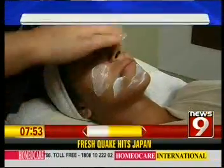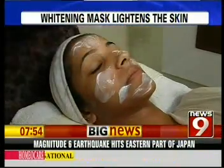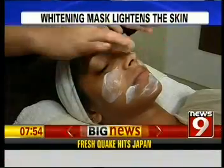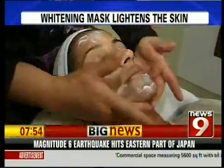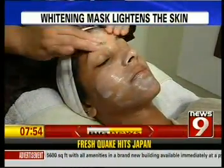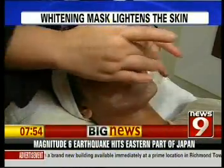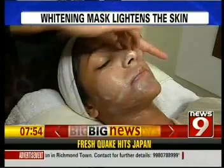After achieving the hydrated skin, the whitening mask should be applied, which is a plant extract again. This whitening mask helps in the whitening of the skin and should be left for 15 to 20 minutes. The last step includes the application of moisturizer with sunscreen. The face should not be washed for the next 8 hours, giving scope for the extracts to penetrate the skin